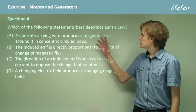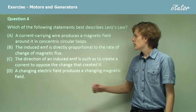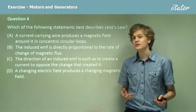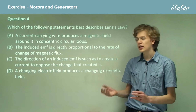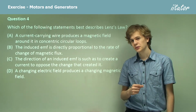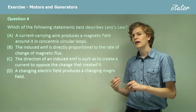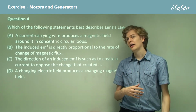Which of the following statements best describes Lenz's law? We have a few options. A: A current carrying wire produces a magnetic field. B: The induced EMF is proportional to the rate of change in magnetic flux. C: The direction of the induced EMF opposes the change that creates it. D: A changing electric field produces a changing magnetic field. Now remember, Lenz's law allows us to figure out the direction of induced current, or indeed induced magnetic